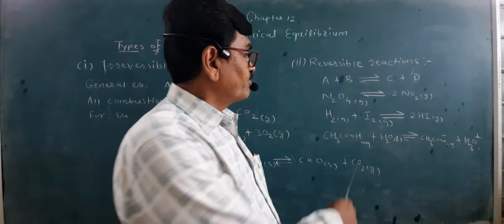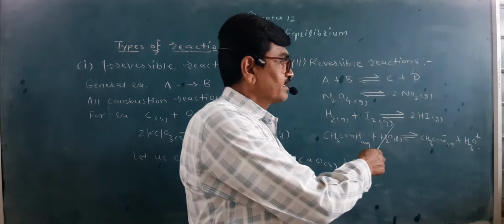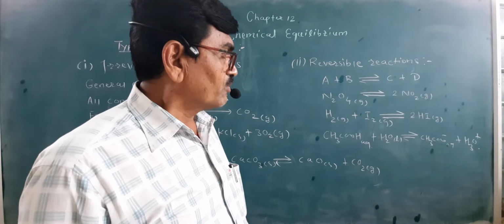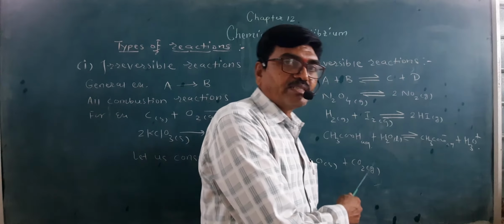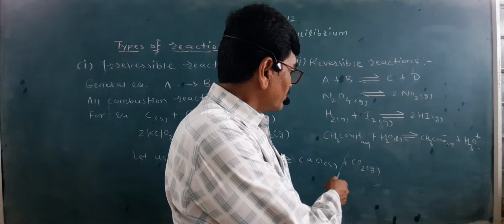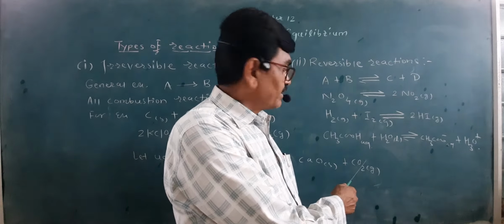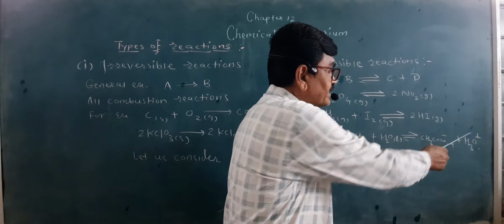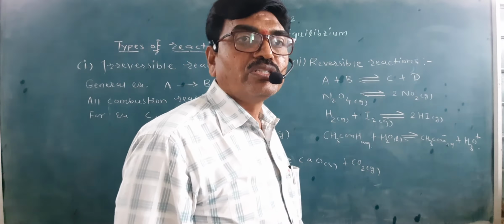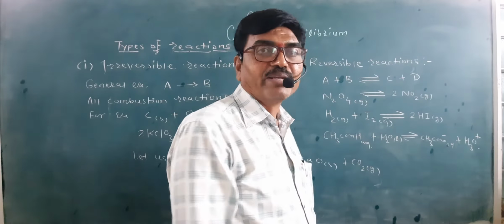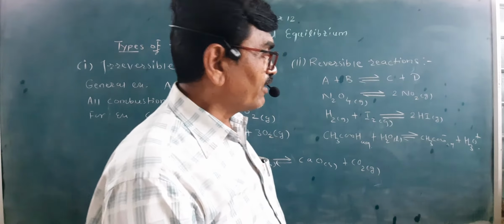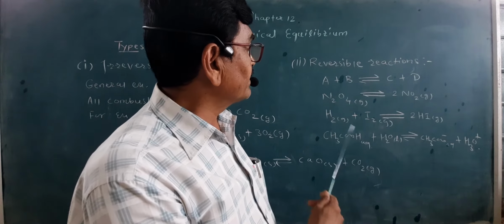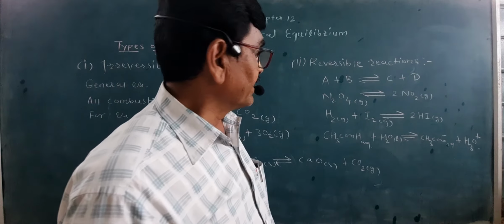Furthermore, H2 plus I2 gaseous gives 2HI gaseous. One more example of a reversible reaction. Now see, one more important example, which you might have studied, is the hydrolysis of acetic acid. That is the addition of water. It gives acetate ion and H3O plus ion. This is useful in case of ionic equilibrium, where ions are involved, so we will see it later on. So that is regarding the reversible reaction.